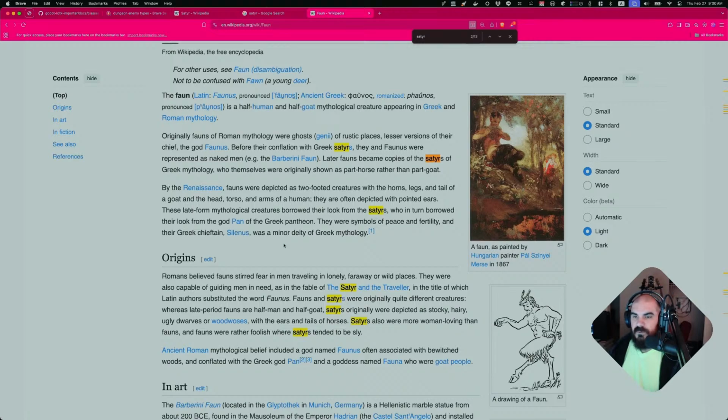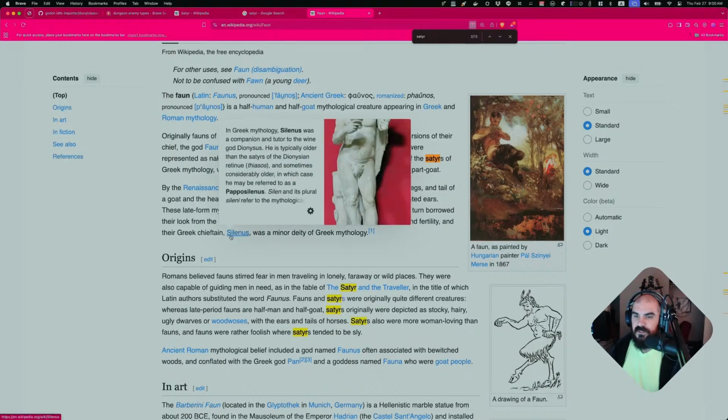They were symbols of their Greek chieftain, Silenus. In Greek mythology, Silenus was a companion and tutor to the wine god